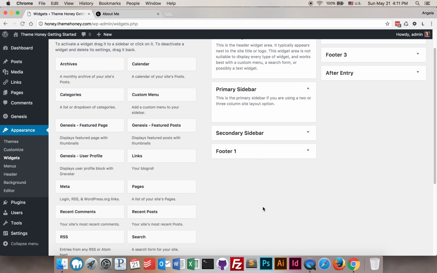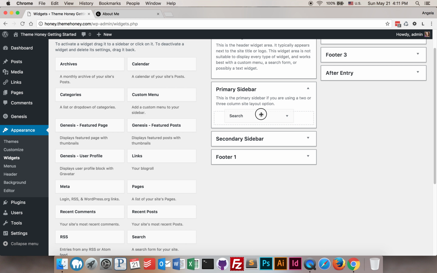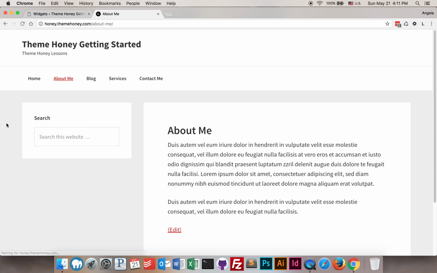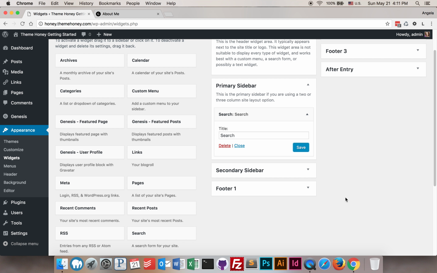I think it's always a really good idea to have a search widget on a sidebar. So I'm going to give this a title of search and click save. And I'll refresh. And now we have a search widget. Let's add